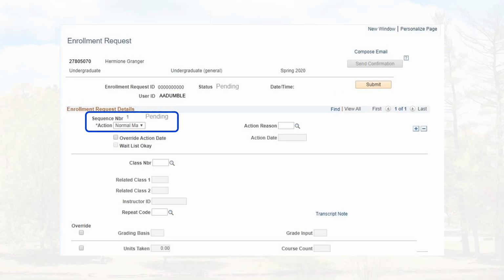Normal maintenance can be used to make many types of changes to a student's class enrollment. You can change things like the grading basis, the related class or discussion section, and the assigned instructor, to name a few. Because normal maintenance operates on a class that your student is already enrolled in, the best way to go is to click on the magnifying glass next to the class number to bring up the student's enrollment